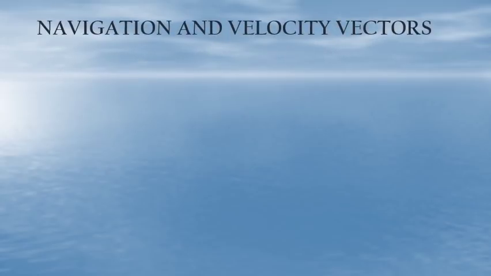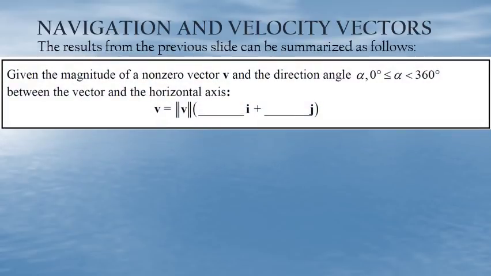All right, so let's summarize once again, and the purpose of summarizing here is going to be to help us solve some navigation and velocity vectors. So the results from the previous slide can be summarized as follows. Given the magnitude of a non-zero vector v and the direction angle alpha, where alpha is an angle between 0 and 360 degrees, and that angle is between the vector and the horizontal axis,